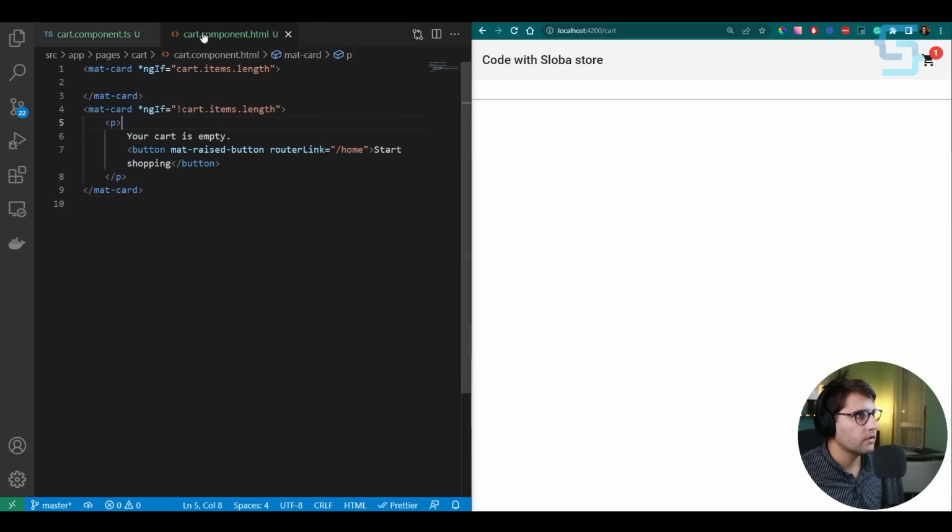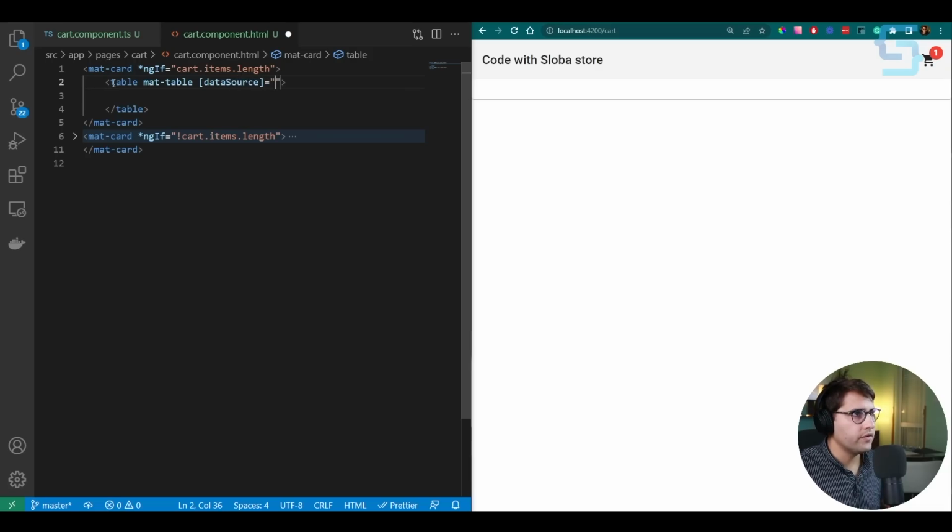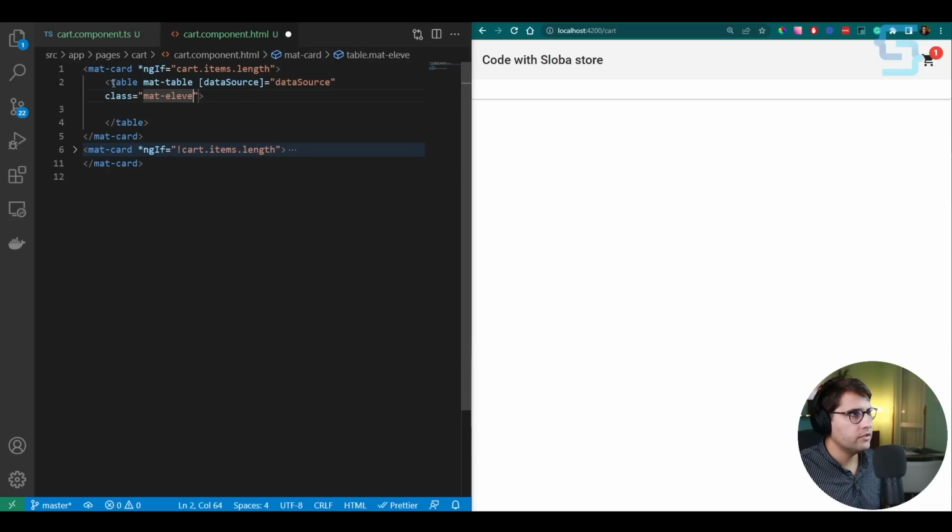Okay, so let me shrink this, and here on top let's create table. Let's add a property mat table like so, and data source, here we will pass the data source that we created like so, and let's add some classes. So let's add a class mat elevation